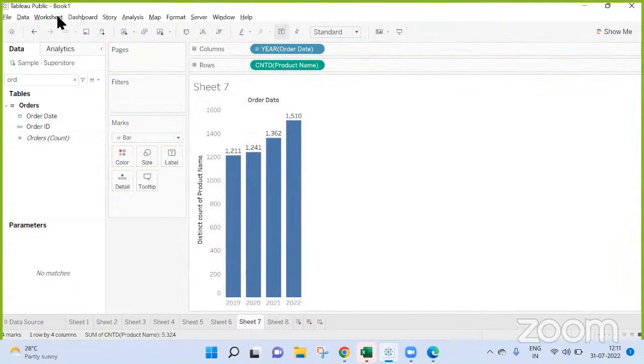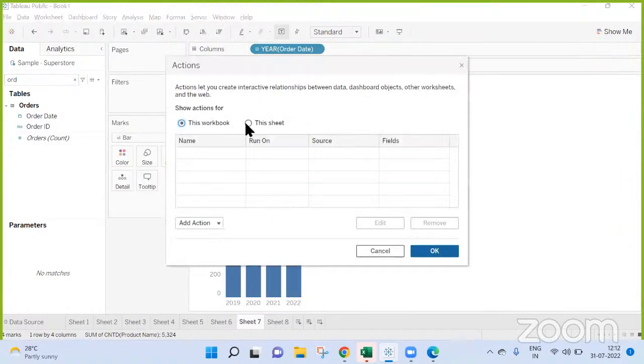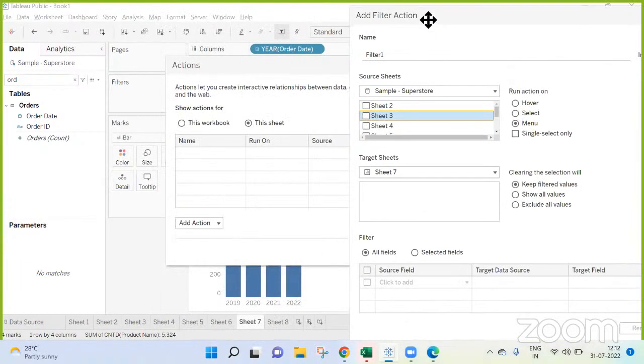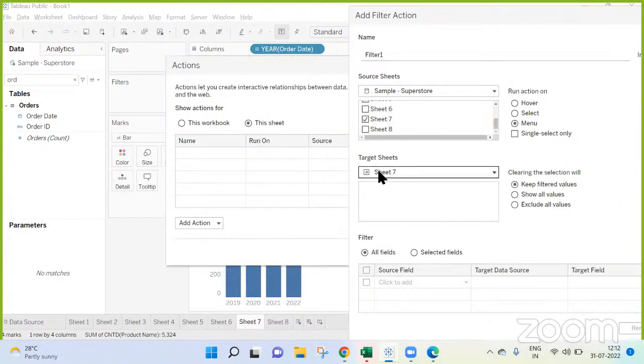Now I'm just creating sheet actions, a sheet action filter. What is the sheet name? The sheet is 7. Apply to sheet. Select.